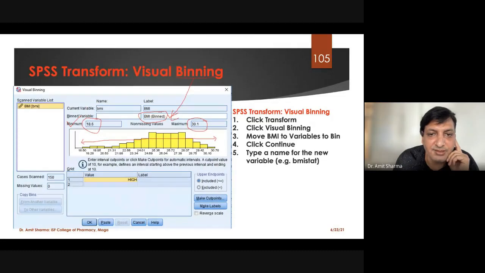this graph like this. So by seeing the graph, you can see that most of the patients are lying, and you are getting somehow a bell-shaped curve. And you can see that most of the patients are lying between here 25 to this range 28. This is the range where maximum patients are lying. Clear? So this is the group where you can make the group.